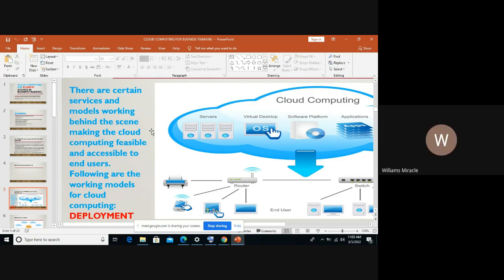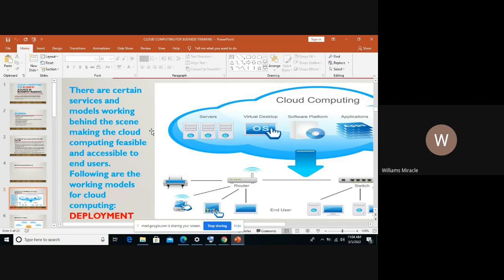In as much as you are deploying a software, you have to look at four different aspects. Are you deploying it for public users? Are you deploying it for private, within a company, or is it just something you want to deploy generally? For example, when we are looking at public, we are talking about email. Those are under deployment models, where we have public, private, hybrid, and community.